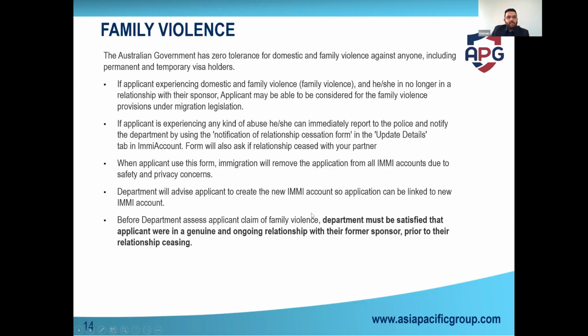Now let's move to the family violence element. Family violence is one of the factors in which it becomes very tough to get a visa. If the person who's sponsoring the applicant had any character problems, let's say they had some AVO against them and some battery or assault charges, getting the visa granted is very difficult, because a partner visa is essentially two applications if you think about it. The first one is the visa applicant himself or herself, and then the partner who's sponsoring the applicant. So both applications have to be assessed separately.